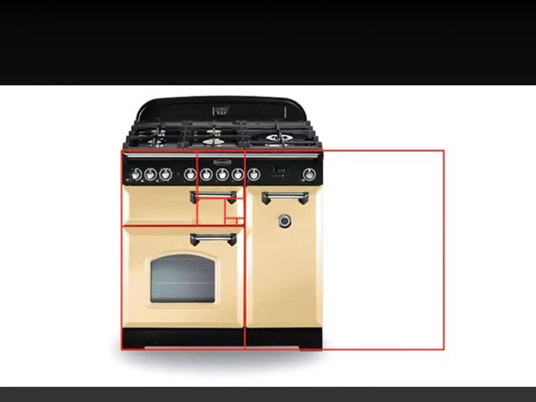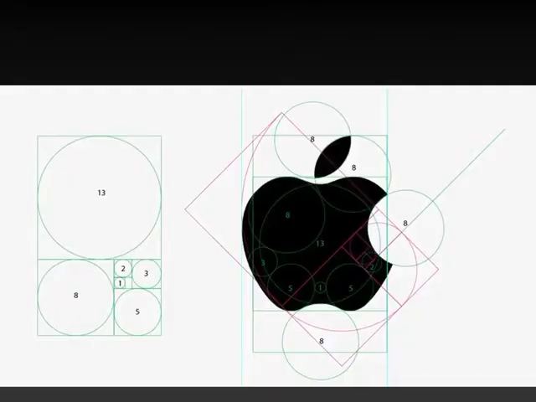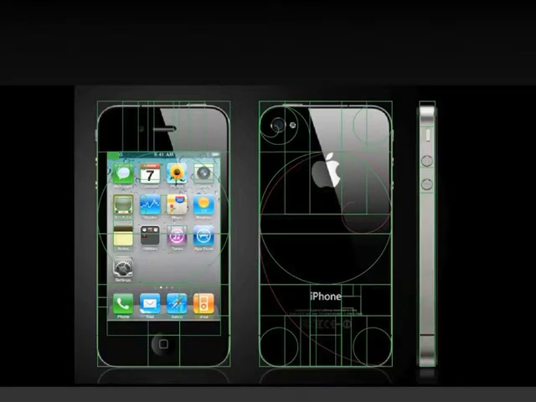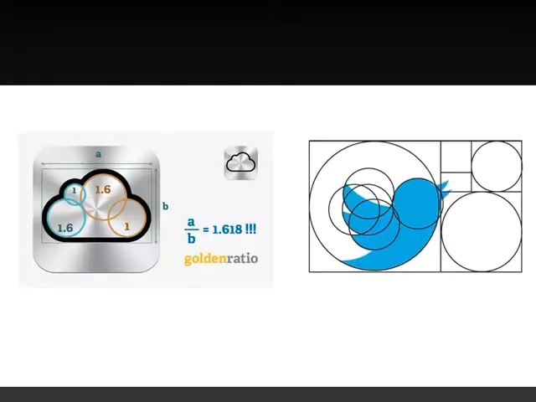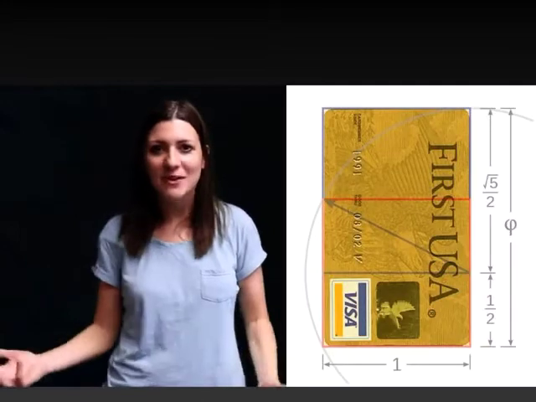But you don't have to go to Greece or to the Louvre to appreciate the golden ratio in human design. I mean, just look around your house or go to the grocery store. The golden ratio is used in product design, logos, and in branding all the time. It's a ratio that, for some reason, is pleasing on the eye, and it can be a great template for solving multiple design problems. I remember when I first started learning about the golden ratio, I began to see it everywhere. And it's really remarkable how it comes up in nature and in the design world, and how artists can greatly improve their designs by using its sequence.